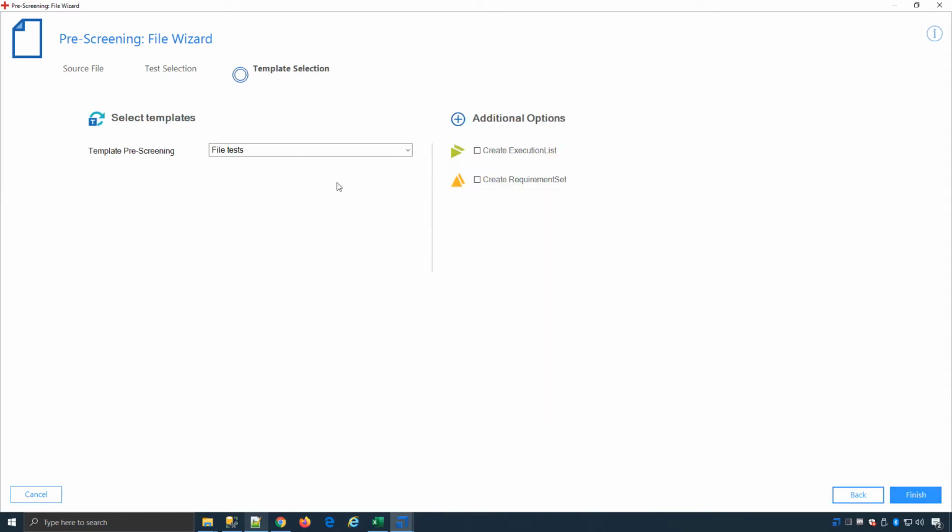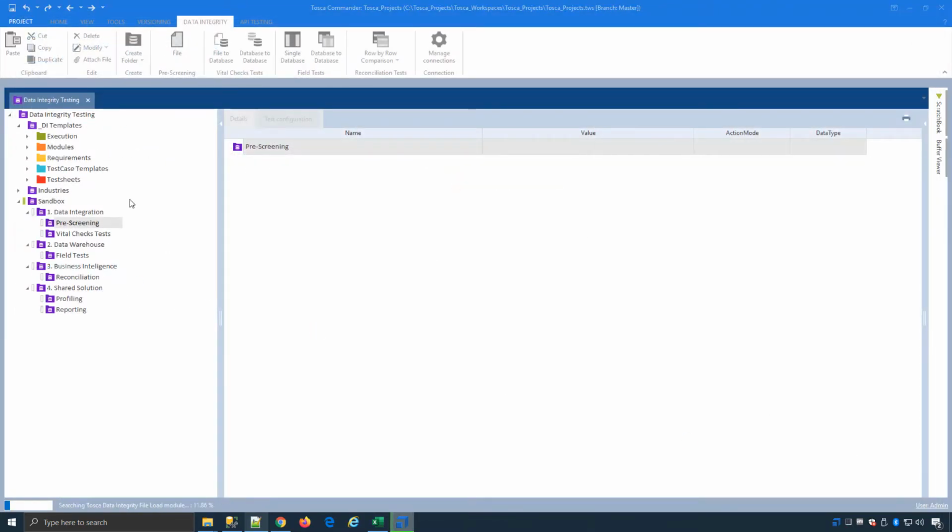That's my predefined template. And what we can also do is create an execution list to hook up to any build tools or schedulers to run these periodically or when it makes sense. And we can tie it back to a business requirement, whether you enter these yourself or whether you pull them in from another tool like Jira or Azure DevOps. You can prioritize them and do risk-based testing. So here we'll report on number of tests that pass and fail, and here we'll report on the business risk being covered. I'll hit the finish button,